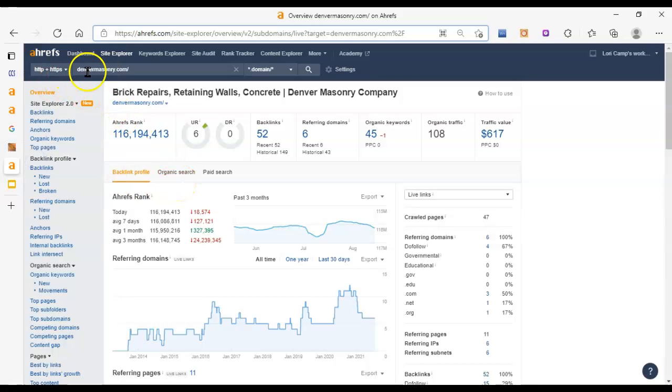Okay, so now we throw them into Ahrefs again, and we can see that their score is quite low. It's lower than yours. Their DR score is lower than yours. Their referring domains are lower than yours. So it looks like, if you were to go and do those things, I think the main reason that they're getting the traffic and